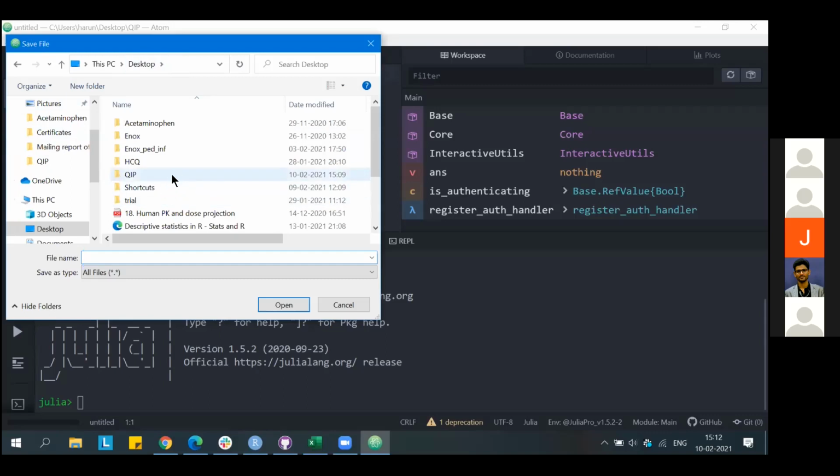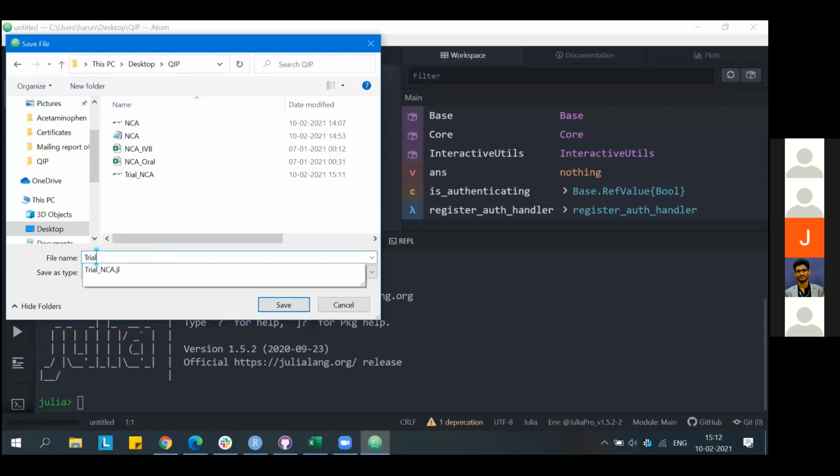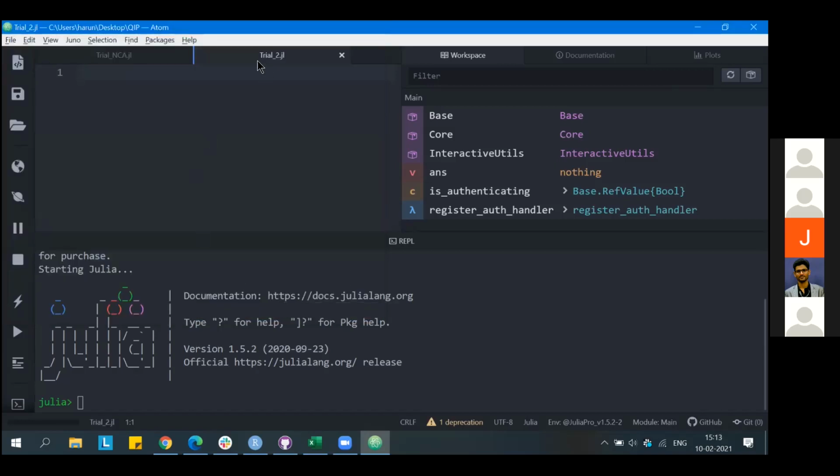And just type in the name followed by the file format, which is .jl, which stands for Julia. As I mentioned, we are working on the Julia programming language, where Pumas is just a package. So the whole environment and the files will be named after the Julia programming language. Once you save it, it will be saved with the format of trial_2.jl. Is that fine?